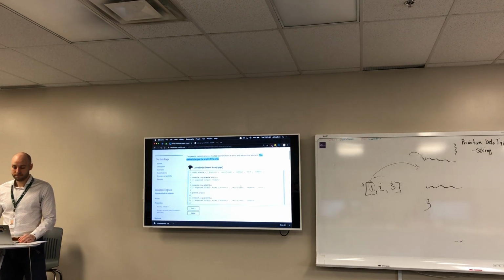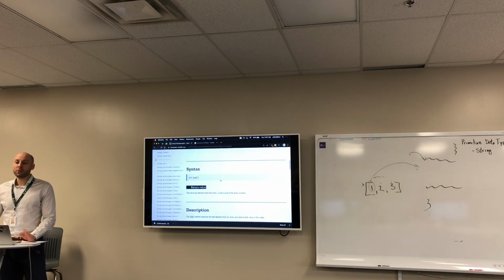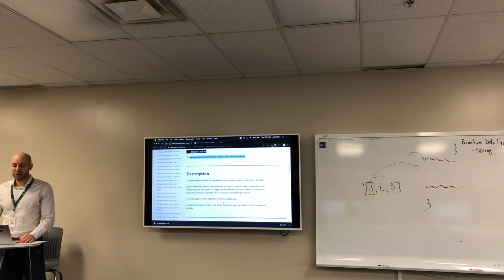No. And if we look at the syntax, it is very straightforward. Pop. This is the syntax. Array.pop. Return value: the removed element from the array, undefined if the array is empty. Then a more